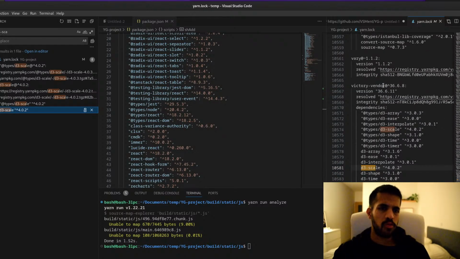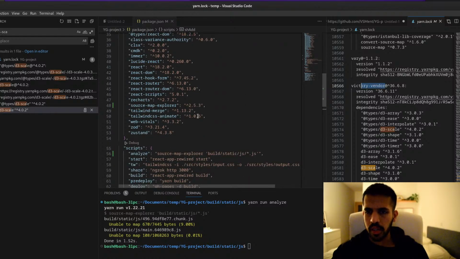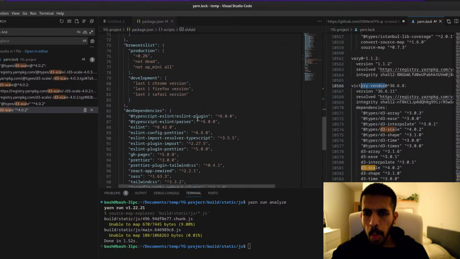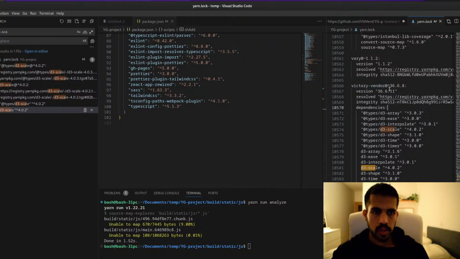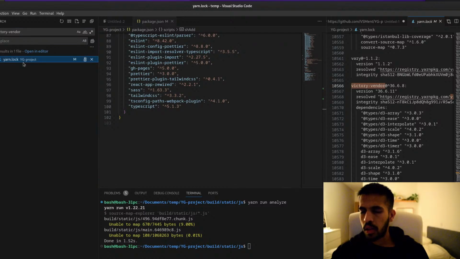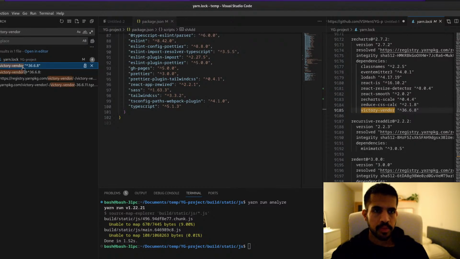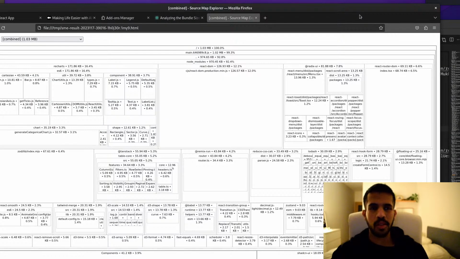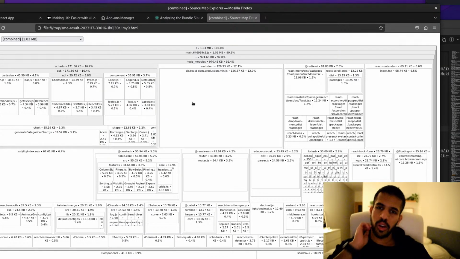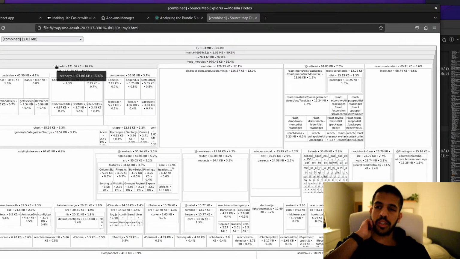It's part of Victory Vendor. What on earth is a Victory Vendor? It's not part of this. So where is Victory Vendor from? Also part of Recharts.